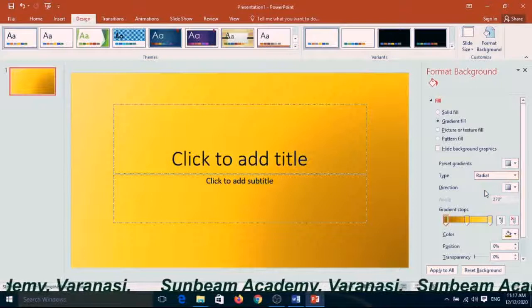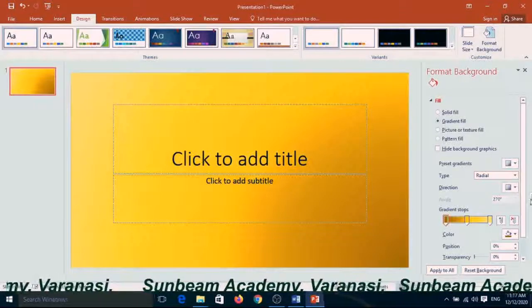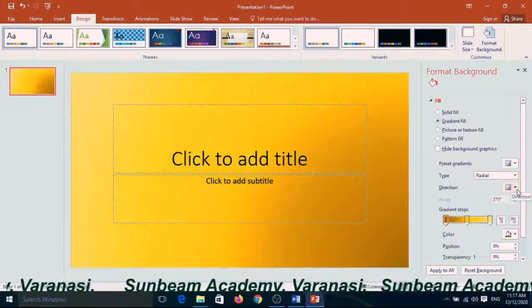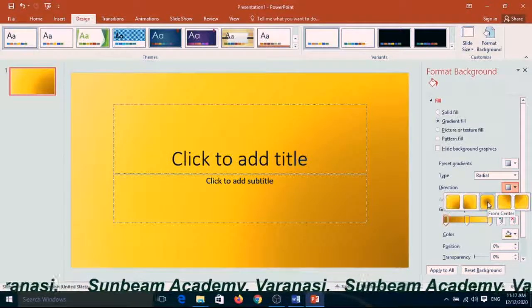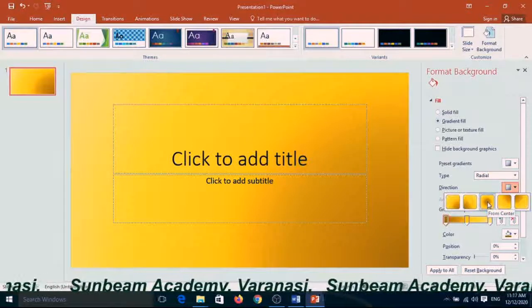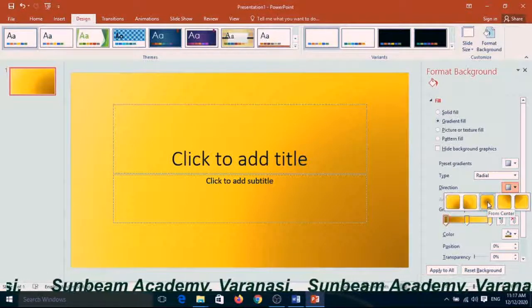See, now it is in radial, and the direction for that: if you want it in the center, right side corner, left side corner, up side, bottom side, you can choose from this side.